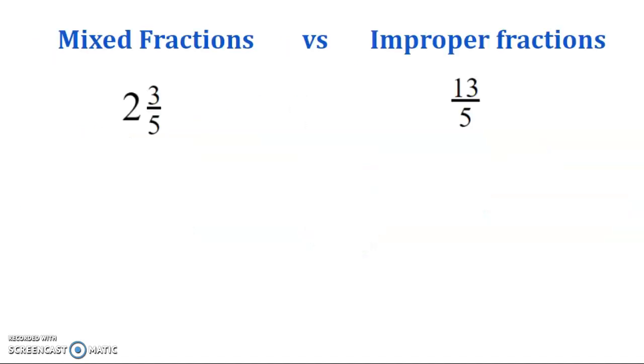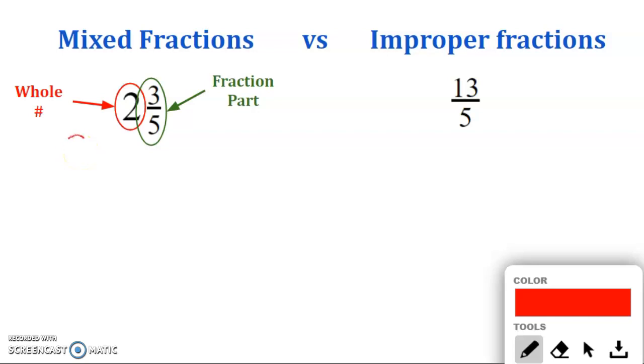So then let's talk about the difference between a mixed fraction and an improper fraction. These are examples of mixed fractions, and this is an example of an improper fraction. Mixed fractions are a mixture of a whole number and a fraction part. Okay, so 2 is the whole number, and then this is the fraction part. That means we have 2 whole pizzas. So we have all of that, plus we have another pizza that is divided into 5